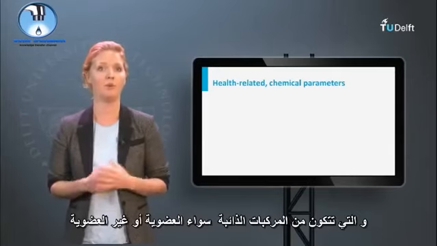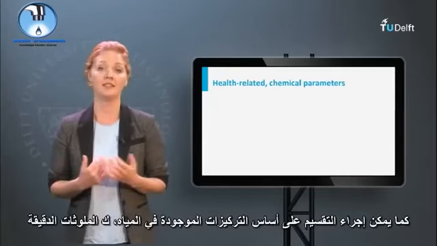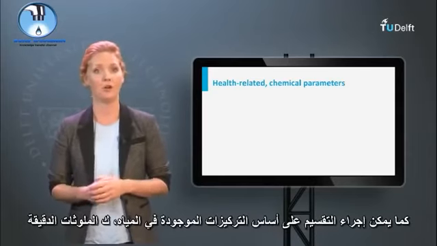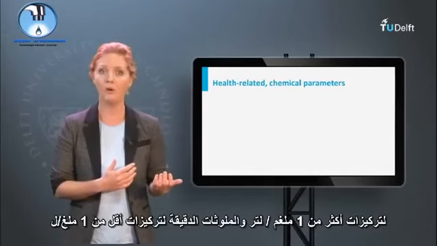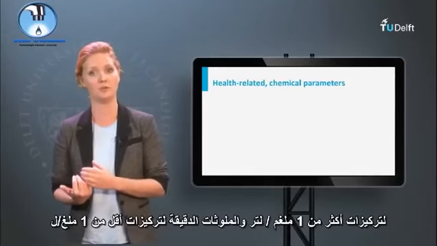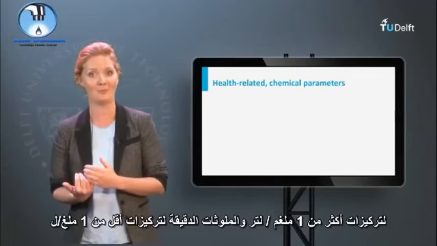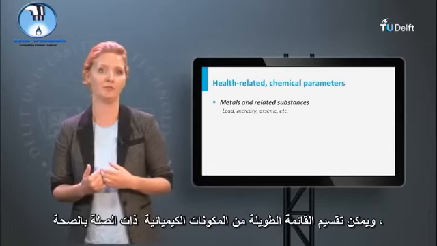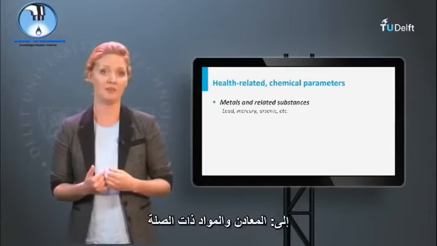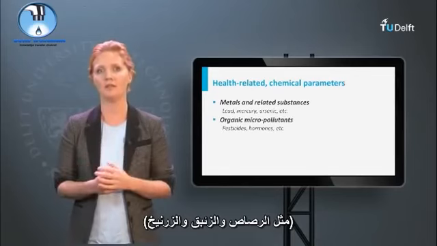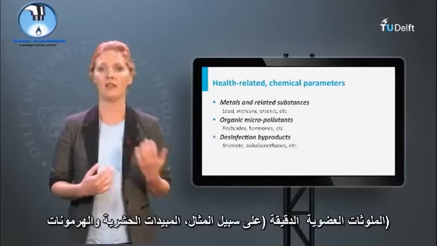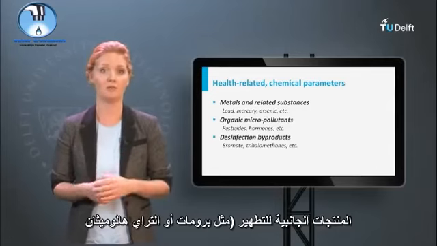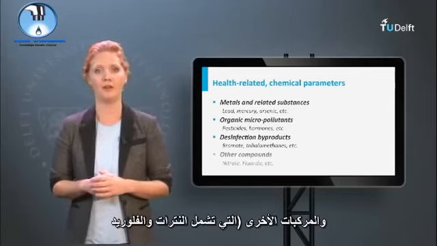Well, let's go to the second group of parameters important for safe drinking water, which consists of dissolved compounds, both inorganic and organic. A subdivision can also be made based on the concentrations present in the water as macropollutants for concentrations over 1 milligram per liter and micropollutants for concentrations below 1 milligram per liter. The long list of health-related chemical constituents can be divided roughly into metals and related substances, such as lead, mercury, arsenic, organic micropollutants, for example pesticides and hormones, disinfection byproducts, such as bromate or trihalomethanes, and other compounds, which include